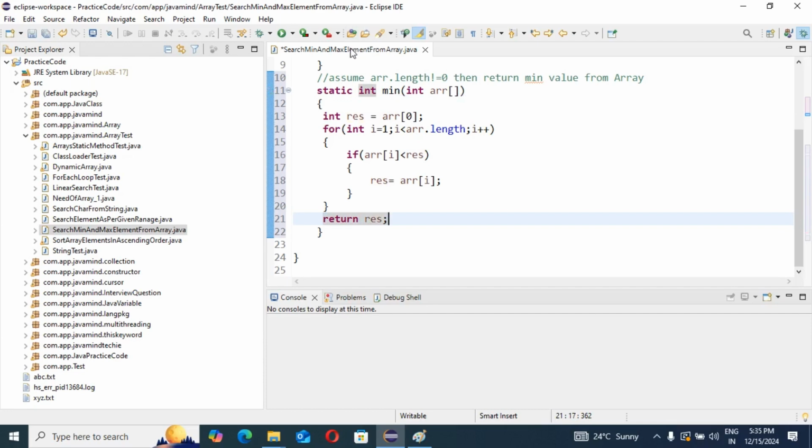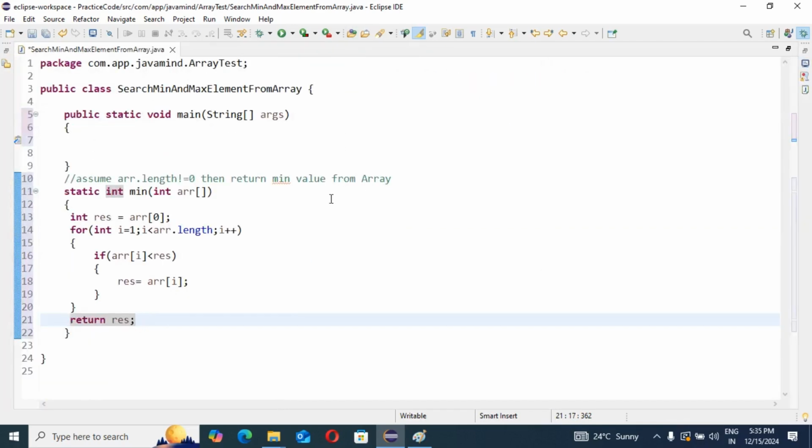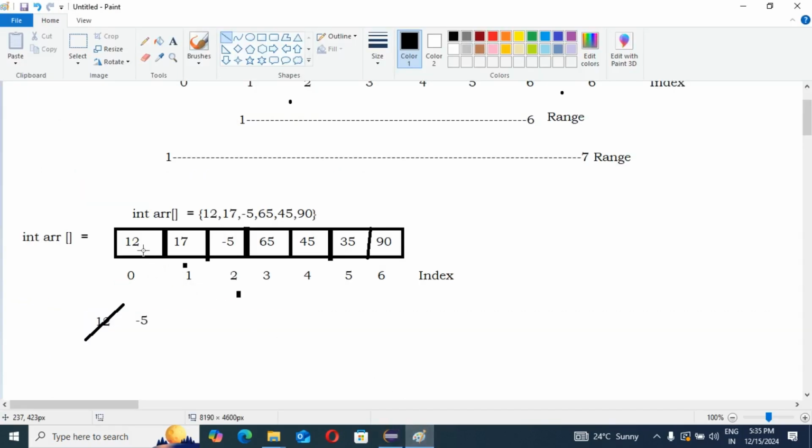Very simple thing. I will explain one more time, don't worry. Please consider this is our array of integers, and in it we have all the elements. If we want to check the minimum element in the array, first on the 0 index I am going to store our result value.